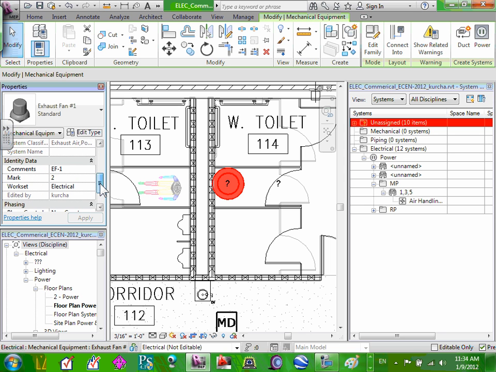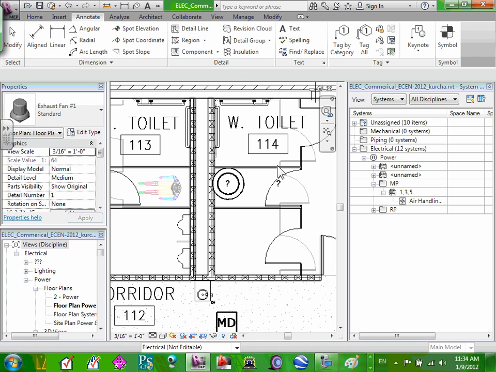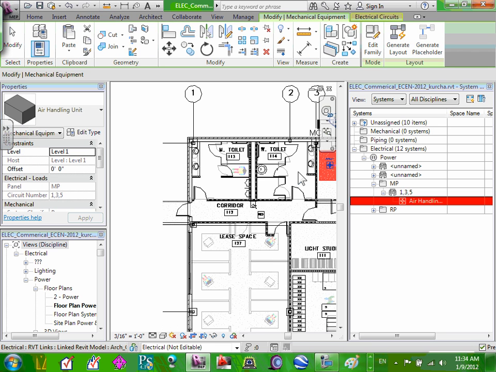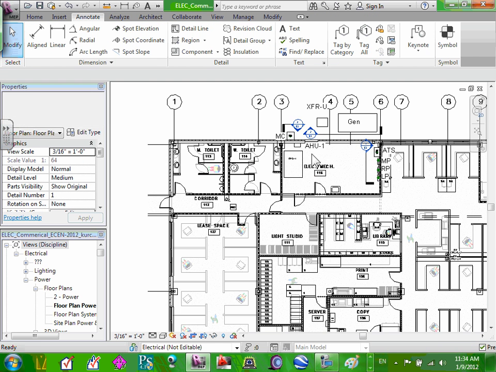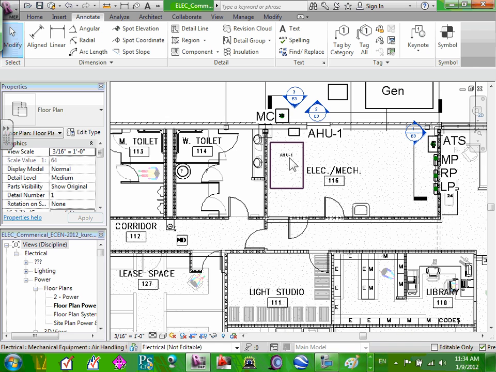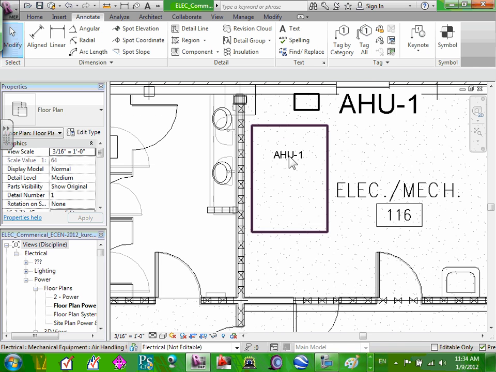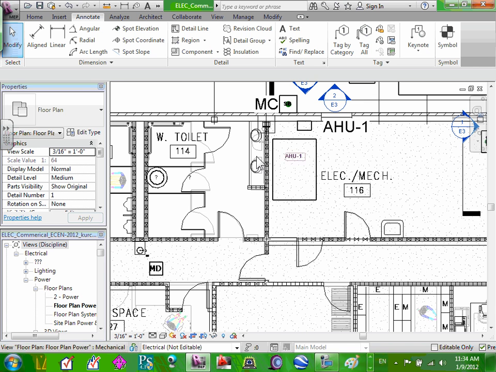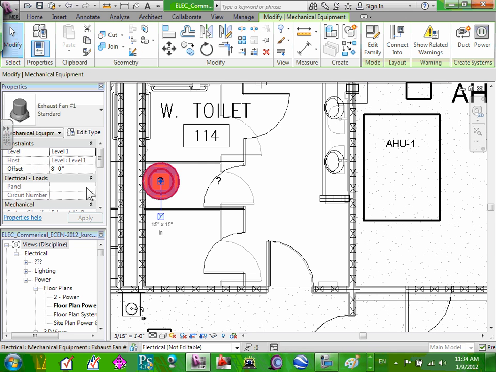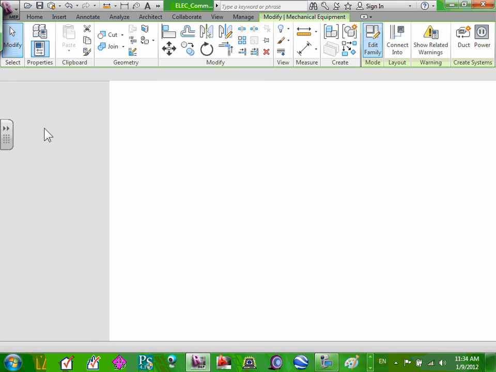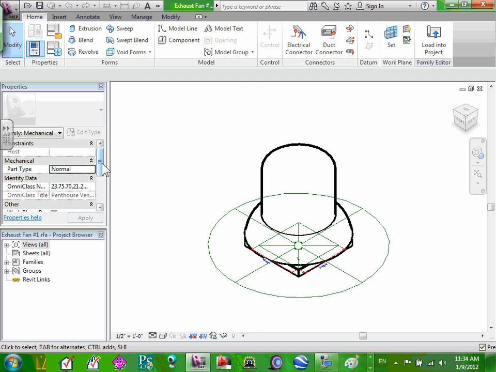Phase, Kircher 2, Mark 2. We have a mechanical equipment. This one, what was the tag that we tagged with these? I'm going to get rid of this one so I can see what I'm doing here. Just see what the tag that came with this. Some of the tags, guys, you might need to adjust. Edit family. I'm going to go edit family here and grab